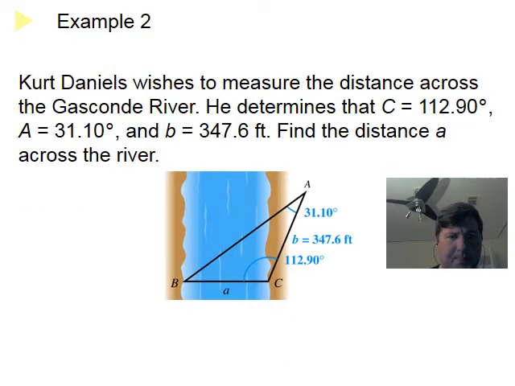Here we go. Alright, Kirk Daniel wishes to measure the distance across the Gascogne River. He determined that C equals 112.9 degrees. I wonder how he did that. Well, he figured it out somehow. Angle A is 31.10 degrees. And side B,